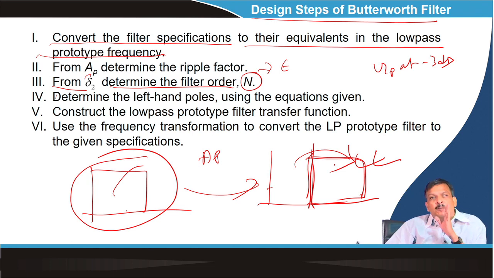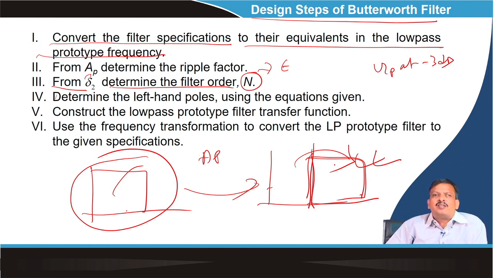Okay. So, in the Laplace domain, always poles are on the left hand side, not the right hand side. If it is on the right hand side, the filter becomes unstable. So, all the poles are positioned on the left hand side, that is why it is S minus Sk. And if the transfer function is real, the poles will occur in a complex conjugate manner. Okay. So, this is the summary for design of Butterworth filters, analog filters.